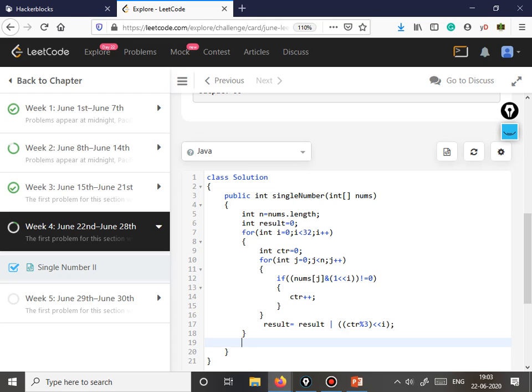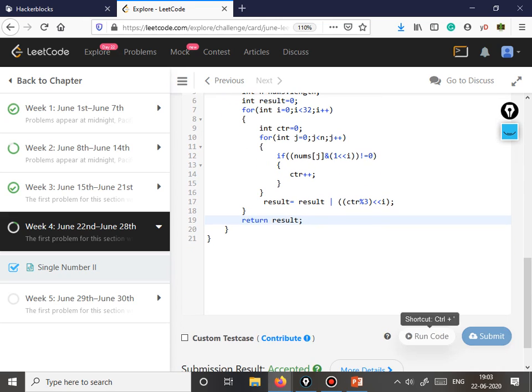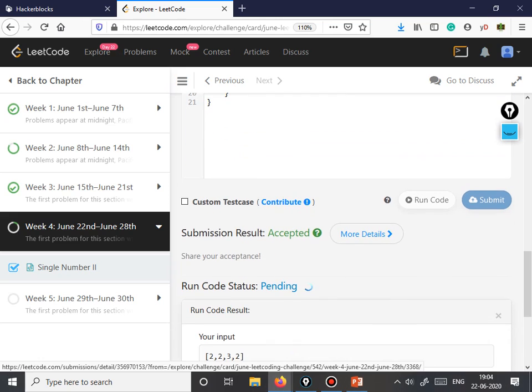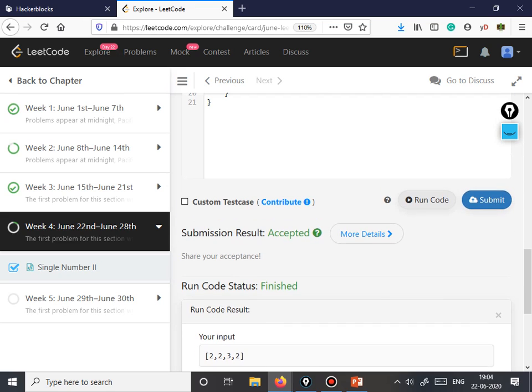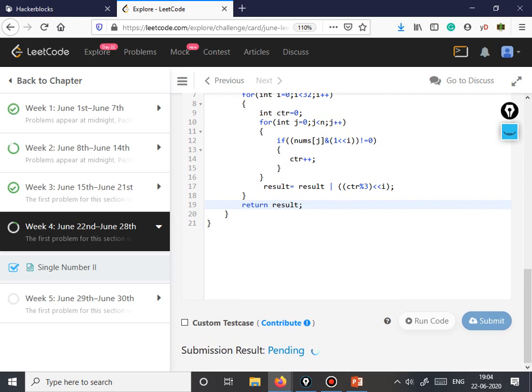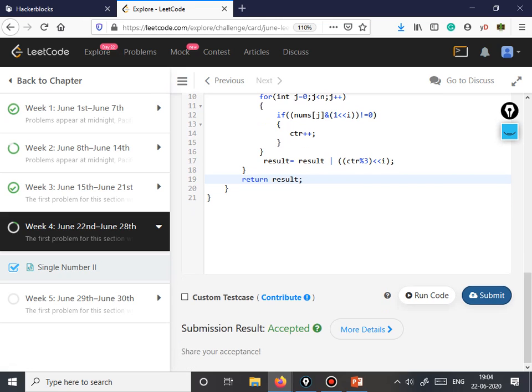All right, and then finally we return the result. We'll run this and check whether this works or not. Okay, so your answer is 3, expected answer is also 3, and then we'll submit. Okay, so it says it got accepted.